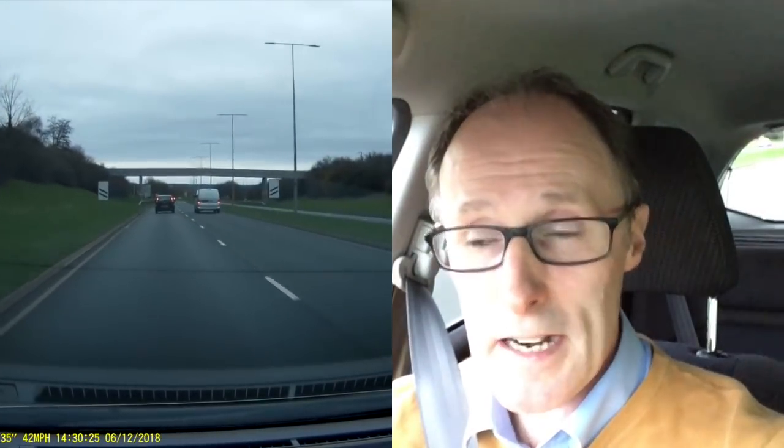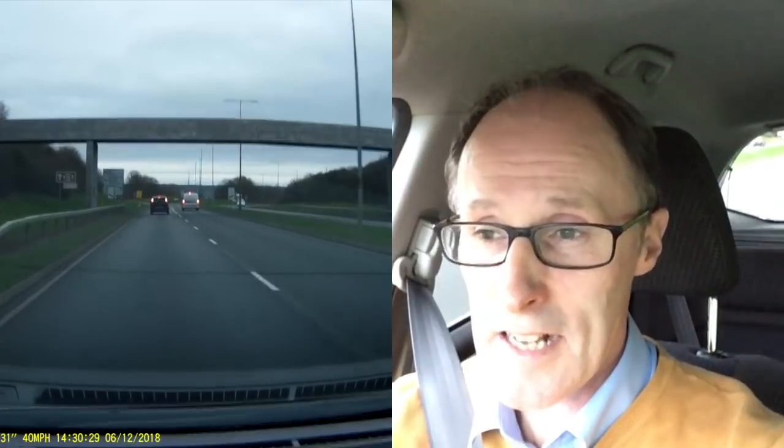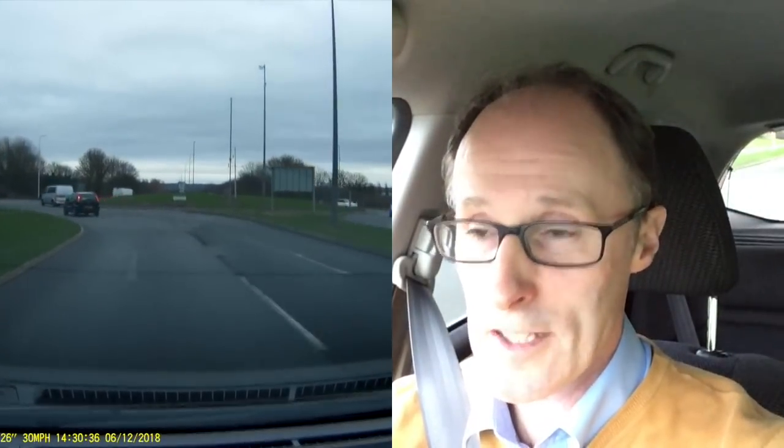Keeping a safe gap from the car in front of me. Now it's not wet, so I'm keeping a 2-second gap, but the light's starting to go, so I'm going to put my side lights on, which is the 2 red lights at the back and the 2 dim lights at the front on the corners. And I'm going to go ahead again, so I'm slowing down for the traffic, checking, coming across to my left